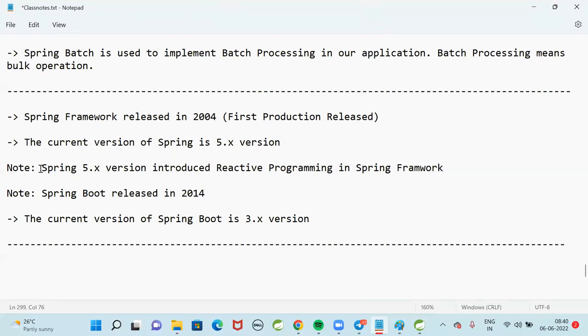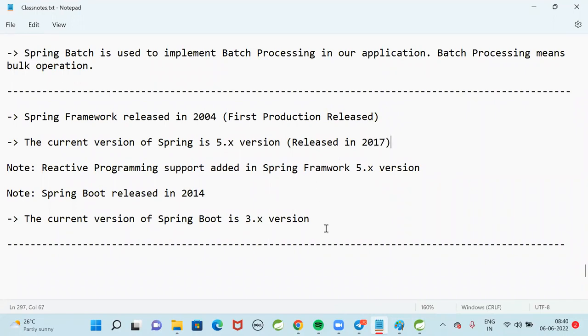That is a new concept added in the Spring. The current version, 5.x, was released in 2017, almost 5 years back.